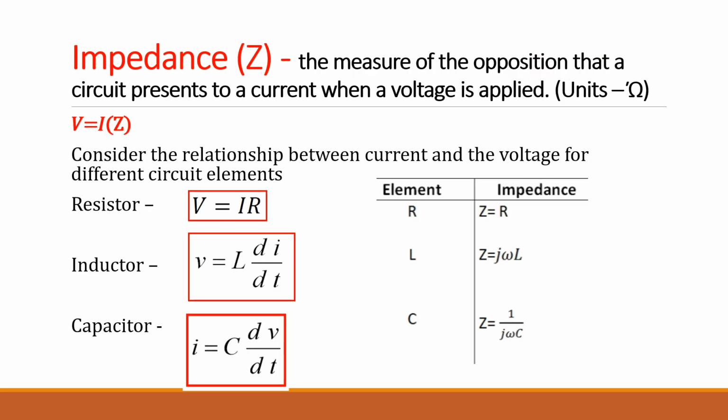We discussed a little bit about these things when we were doing inductors and capacitors. The voltage across the resistor is given by Ohm's law. We already know that. The voltage across an inductor is given by this, and the current across the capacitor is given by this. We have discussed it a little bit when we were doing the capacitors and inductors. So when we have resistors, capacitors, and inductors together, we can convert these resistance, inductance, and capacitance to